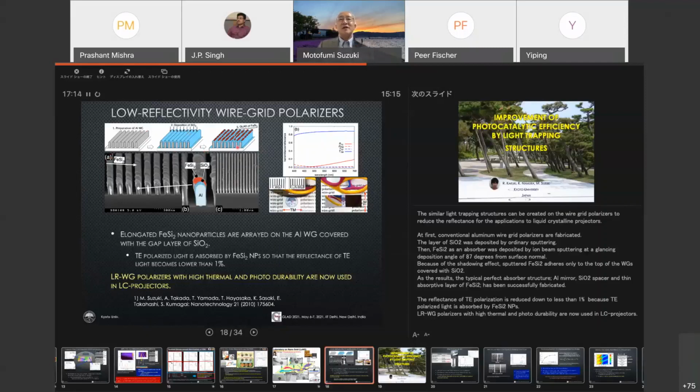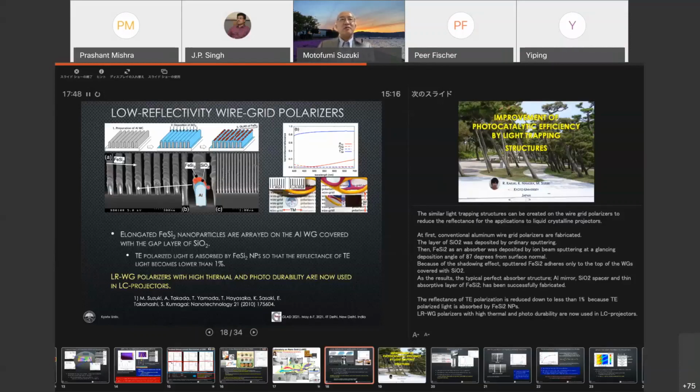Then FeSi2 as an absorber was deposited by ion beam sputtering at a glancing deposition angle of 87 degrees. Because of the shadowing effect, sputtered FeSi2 adheres only to the top of the wire grids covered with SiO2. As a result, a typical perfect absorber structure, aluminum mirror, SiO2 spacer, and thin FeSi2 nanoparticle layer